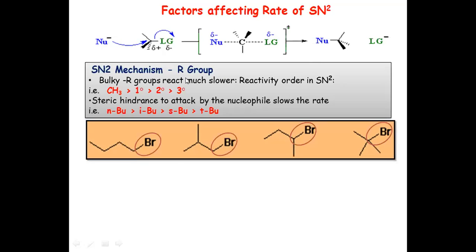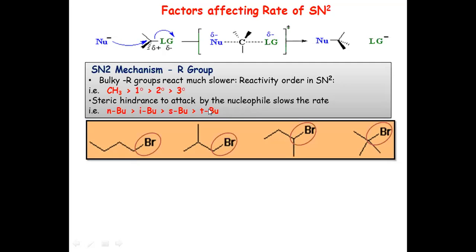We'll talk about first structure of substrate. In substrate you have two parts. One, what type of substrate, whether it is primary, secondary, tertiary, and what is the nature of leaving group. So R, just now we have discussed that if it is primary, reaction of SN2 will be faster, tertiary, it will be slowest rate. If I take N-butyl, isobutyl, then the secondary butyl and tertiary butyl substrates, you'll find the